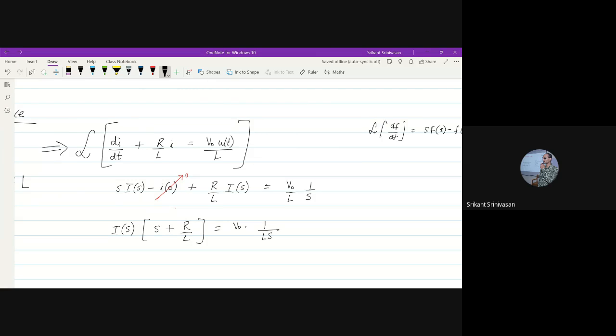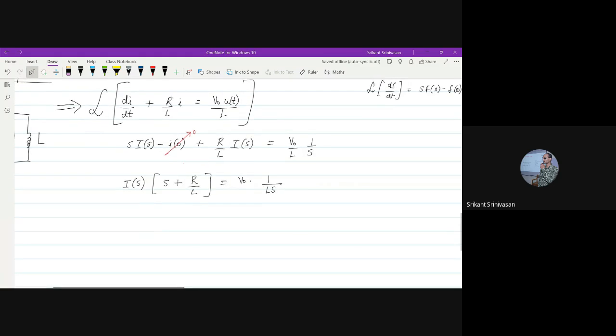Now just be careful about the notation. When I write in the Laplace transform domain, I write this as I of s. I is a capital. So in the Laplace domain, all the variables become capital. In the time domain, everything should be small. Here V naught is capital because V naught is just a number, just a constant. If I were to write v of t, then that would be a small letter, and a capital in the Laplace domain. So now if I want to solve this, has anybody got the answer? How to do this? We did this in the previous class, right?